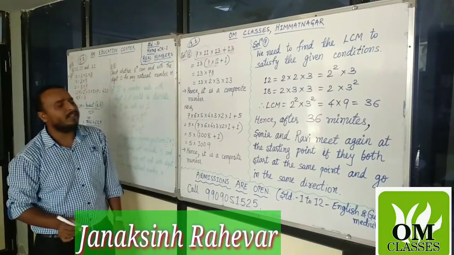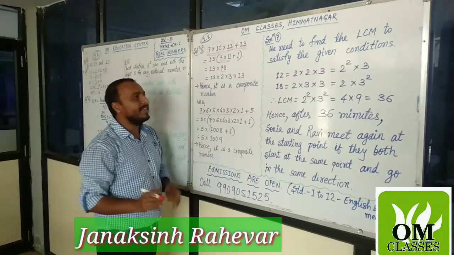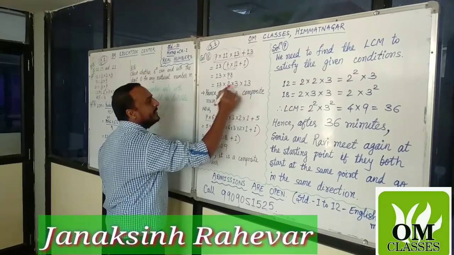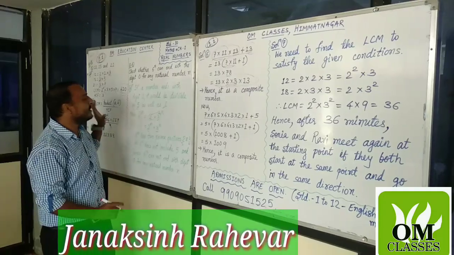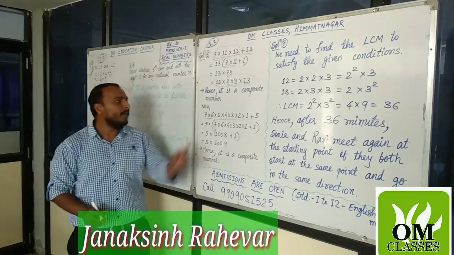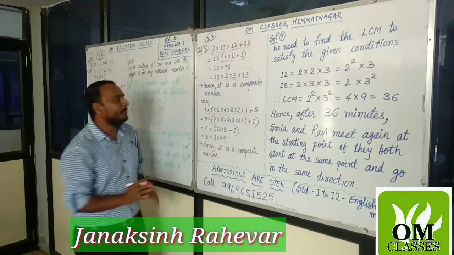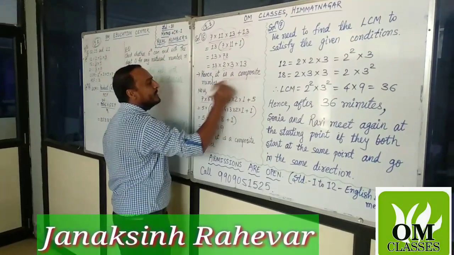Now what are the factors of 78? 3 7s are 21, 13 6s are 78, 6 means 2 3s are, so 13, 2 and 3. All these factors are prime numbers. So as per theorem 1.2, it is expressed as a product of prime numbers. So it is a composite number.